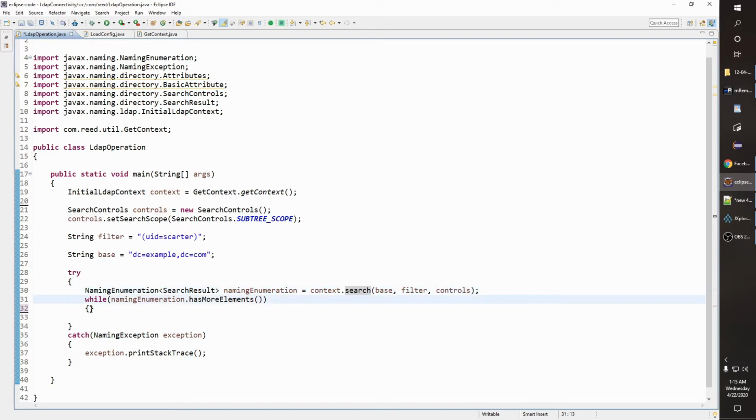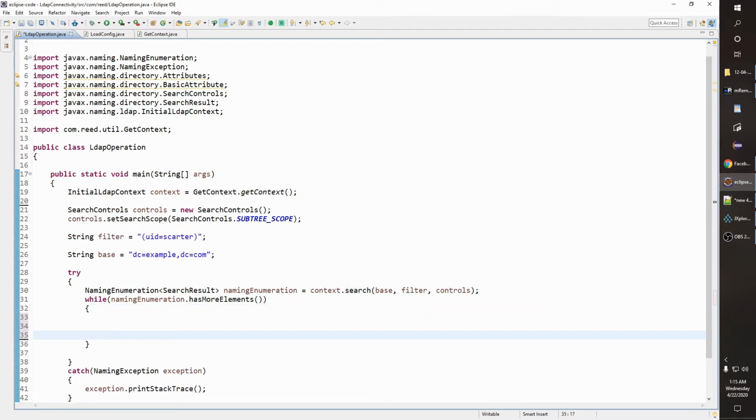Now this NamingEnumeration. If you go through my LDAP search video, then you will be able to understand that NamingEnumeration is an iterator which is used to iterate your entries. Basically you are searching for UID equal to scatter, so the NamingEnumeration will have your entry detail. This NamingEnumeration is the whole search result.